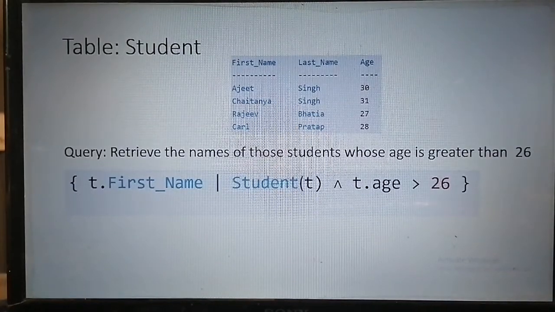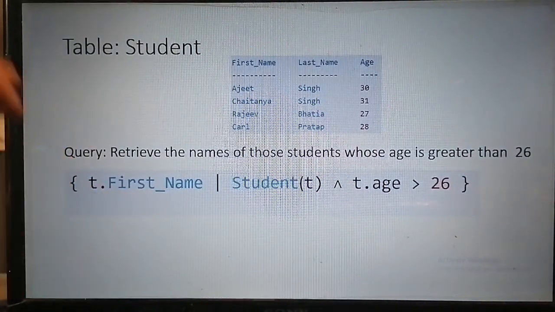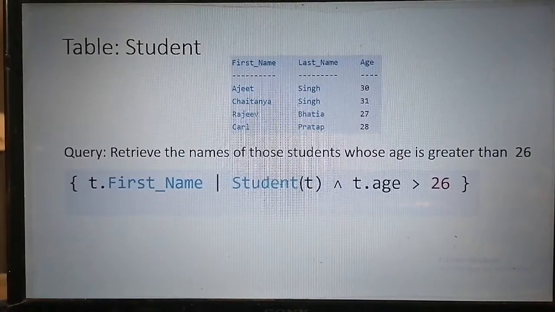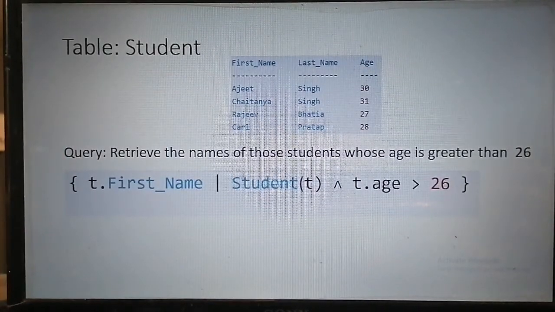Since we want the name of students and not all the information of a student, here I have mentioned t dot first name, meaning we just want the first name from the tuple.